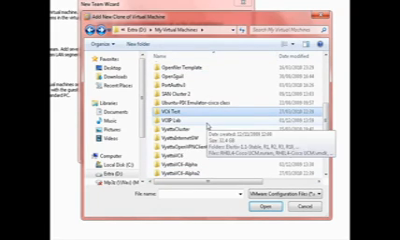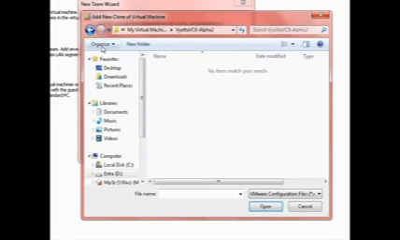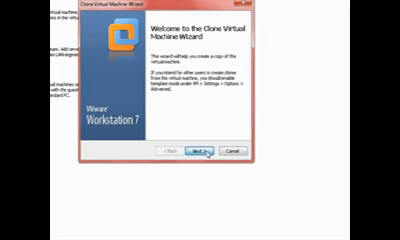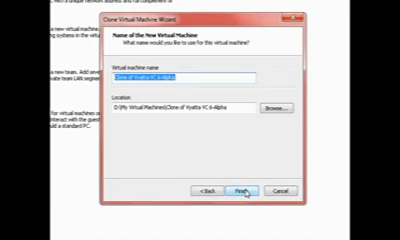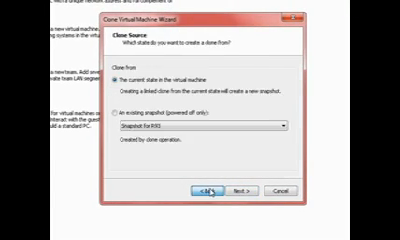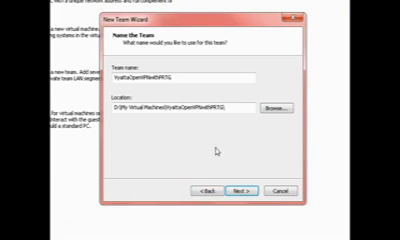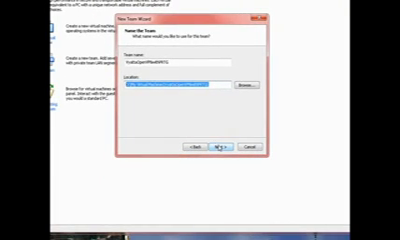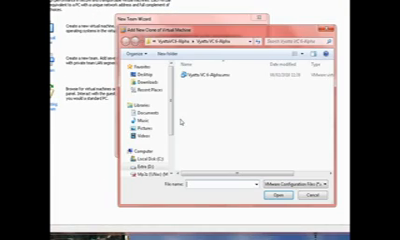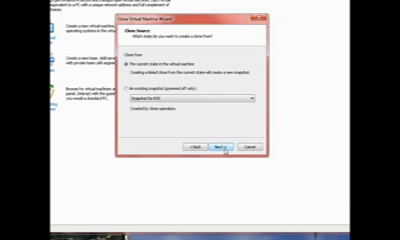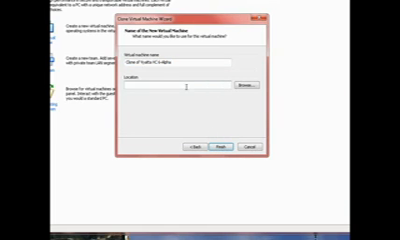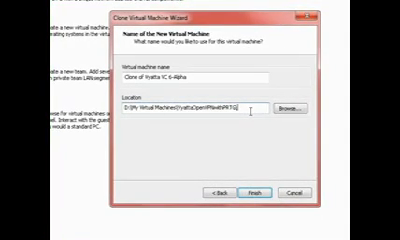See if I can find it, that is. There it is. In fact, what I do want is I want the same path, so I want to make sure all my virtual machines are in that path. Okay, linked clone. Let's do